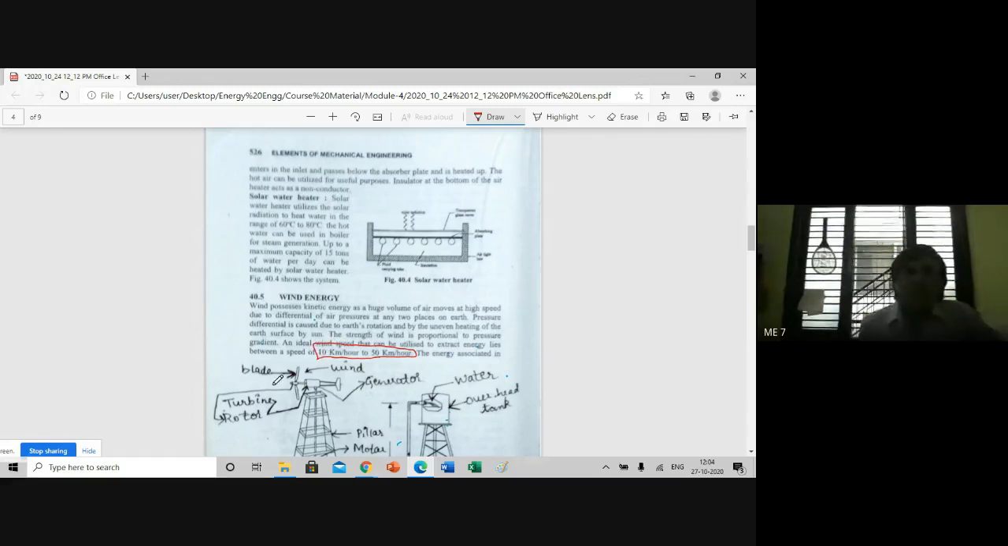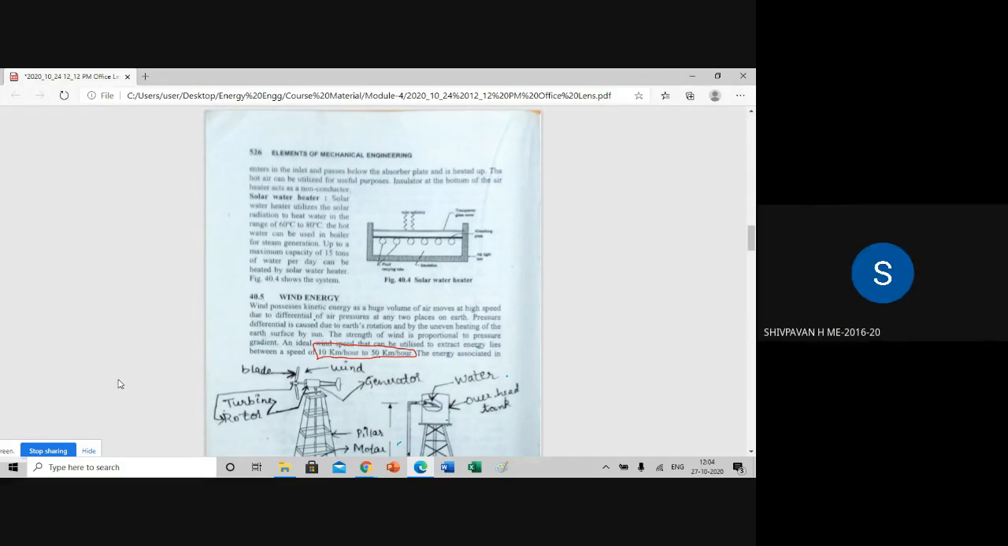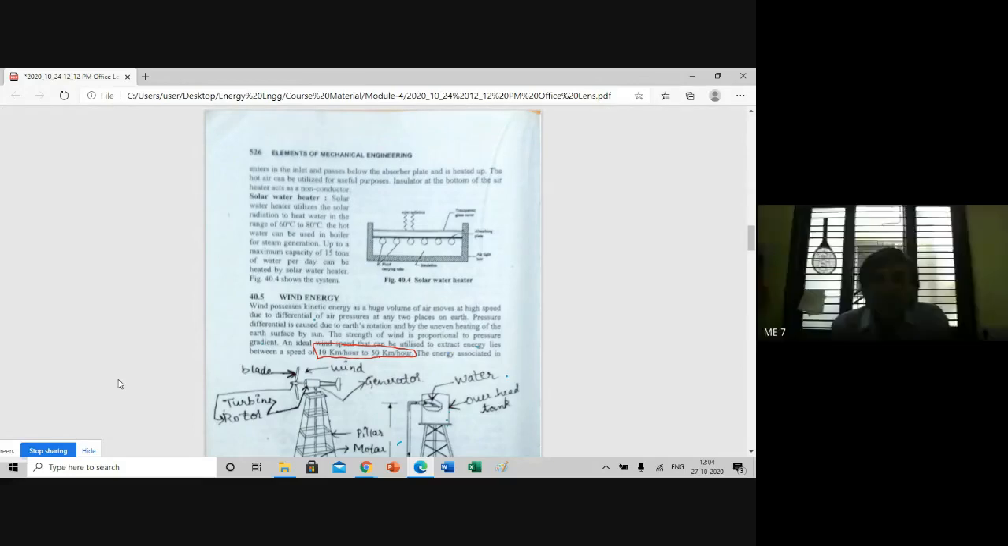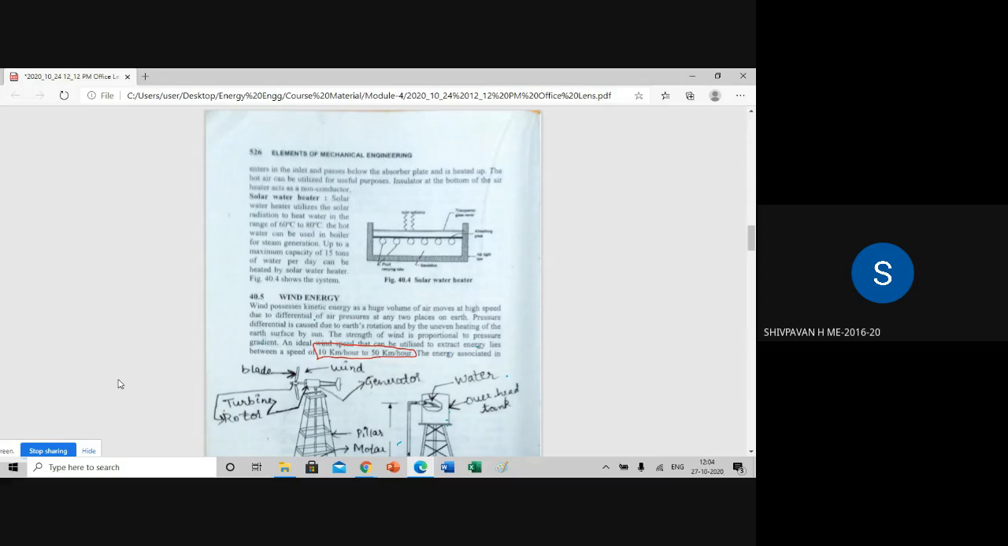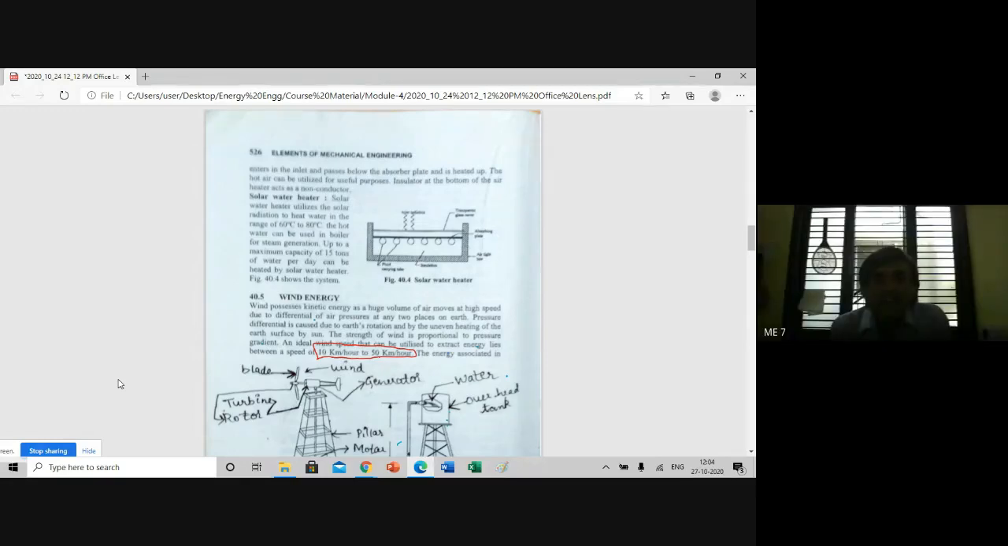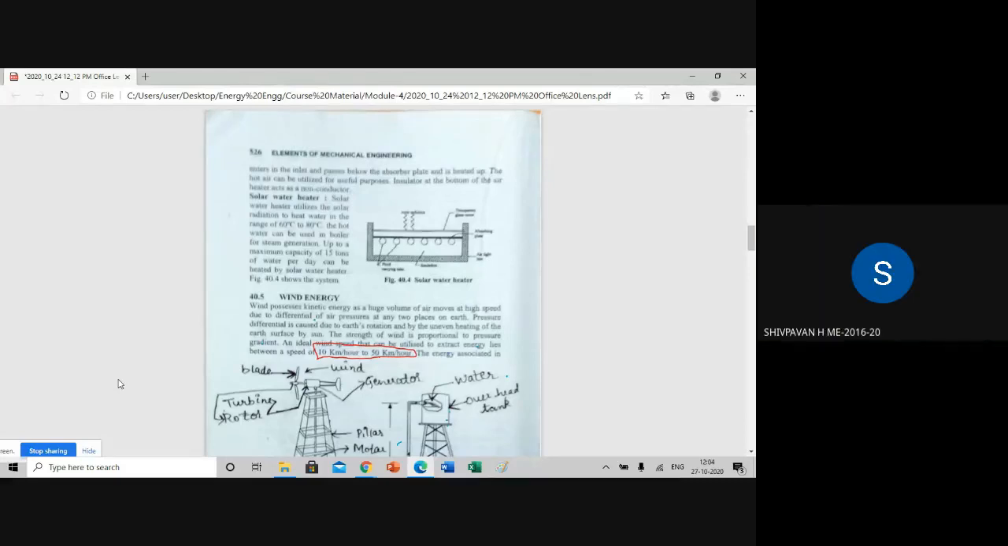Is it clear? Yes, sir. It's clear. Could you read this inside the rectangle, red color? I have marked there. Could you